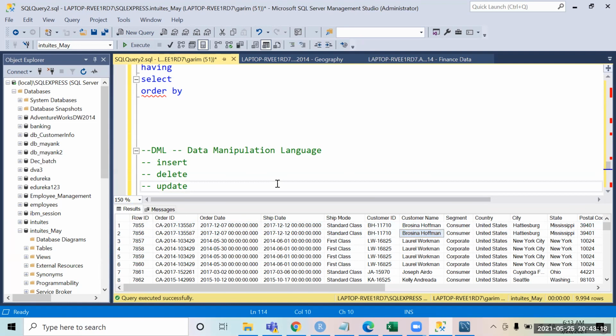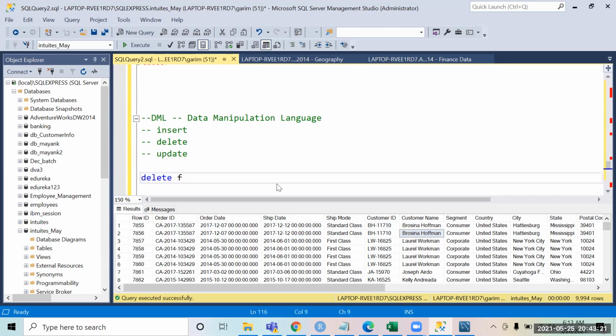How we use it is very simple. You will simply say delete from orders. When you write the delete command, SQL understands that you want to delete the data from the table. If by mistake you run this command, complete data will be deleted. All the data will be deleted from the table, only the structure will be left. You will just have column names left, but all the rows will be deleted. So you have to be very careful when you use the delete command, because once the data is deleted, you cannot roll it back.